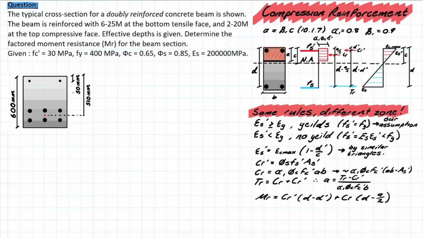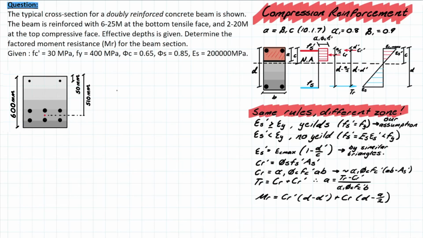So we have an effective depth for the compressive steel and the tensile steel. That's going to be important for this formula down here. It wants us to determine the factored moment resistance, and it gives us all of our variables. We can simply proceed as normal, as if it was a typical singly reinforced beam. Another note, these are typically called doubly reinforced because you have double layers, one on the top and one